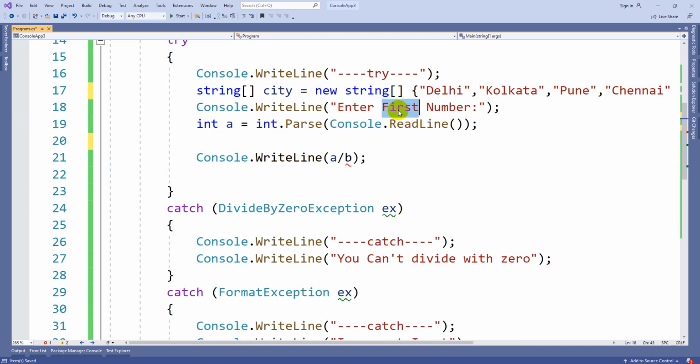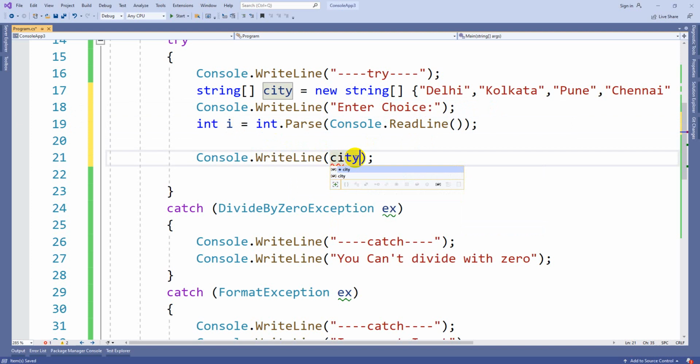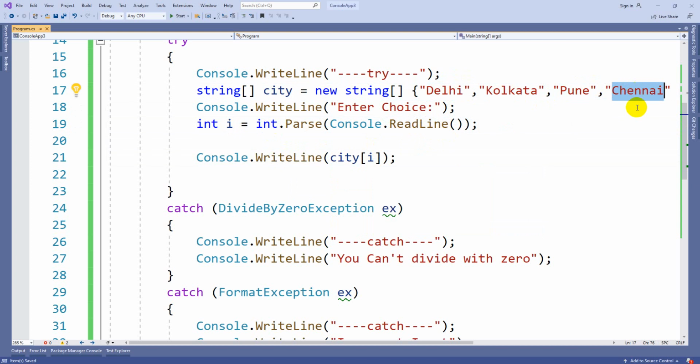Then enter choice, suppose some i. Here I am trying to print city of i. So here we have index 0, 1, 2, 3, that's it.